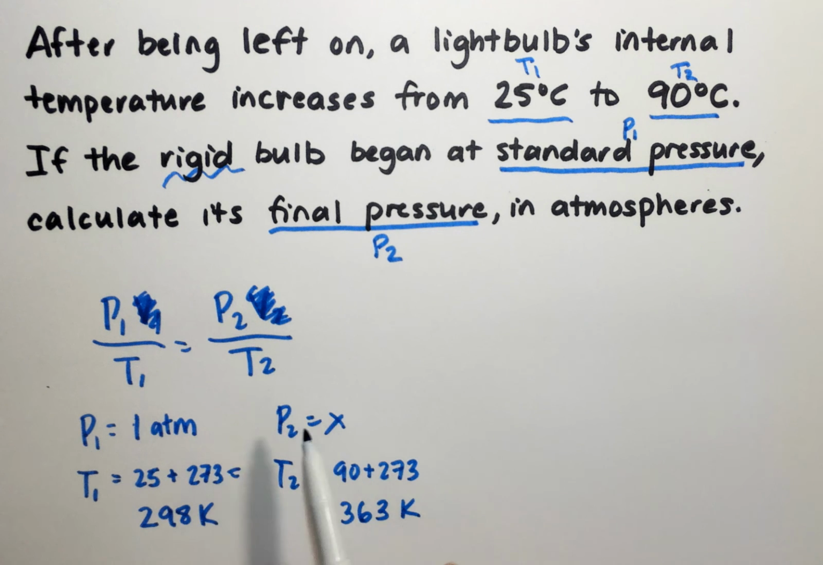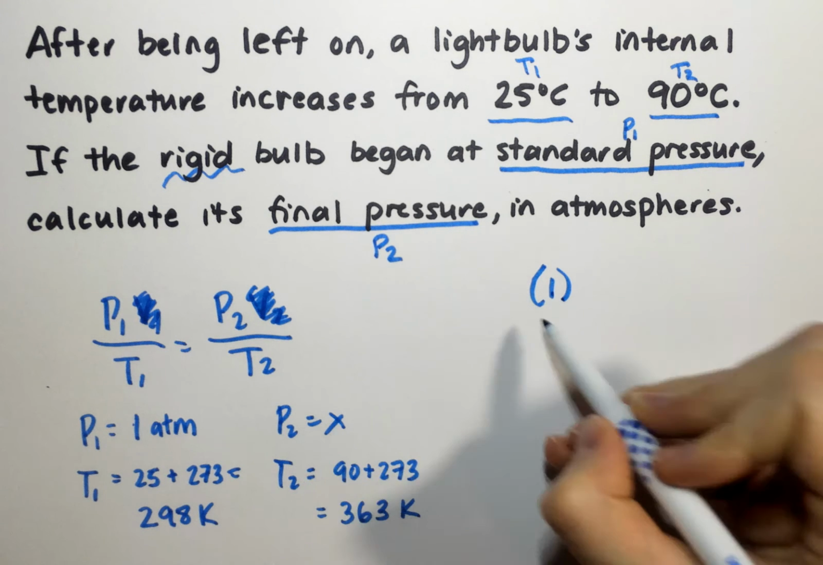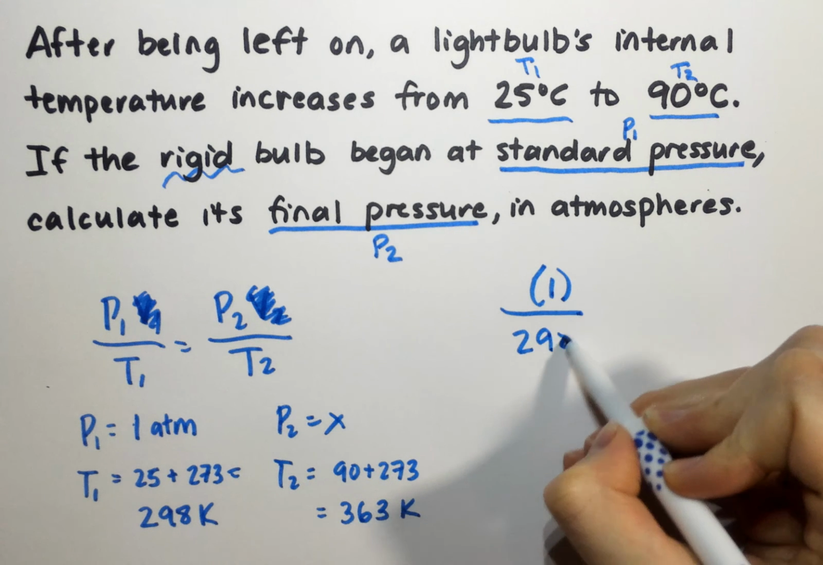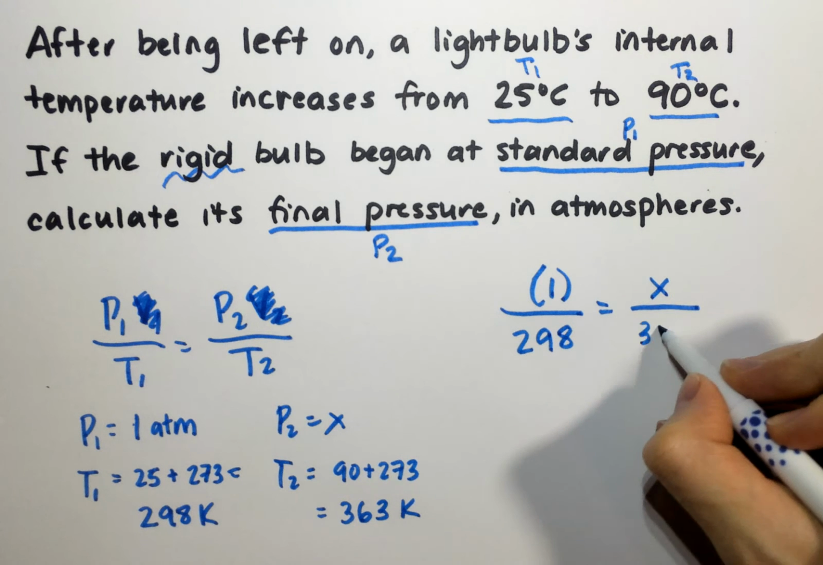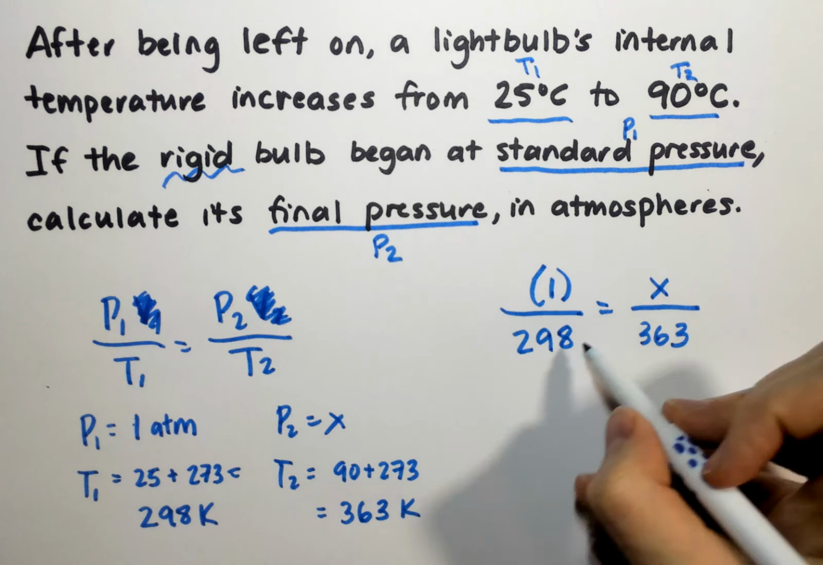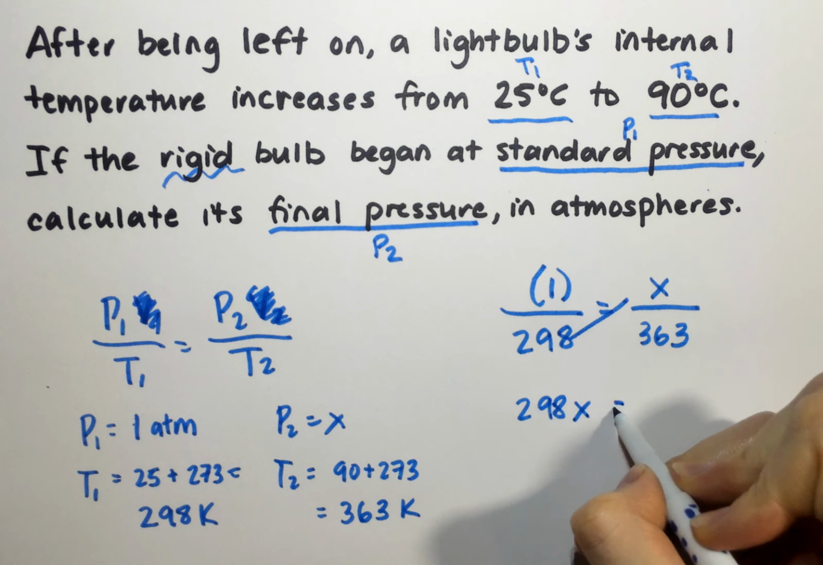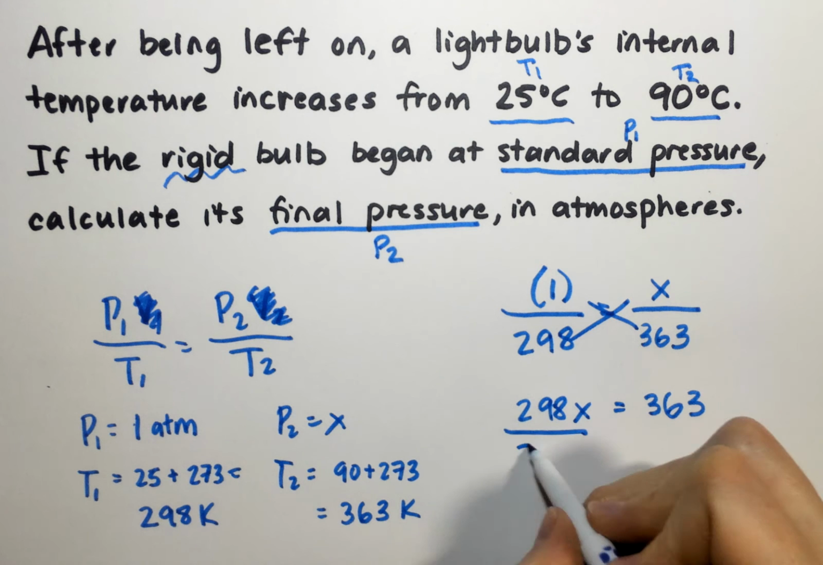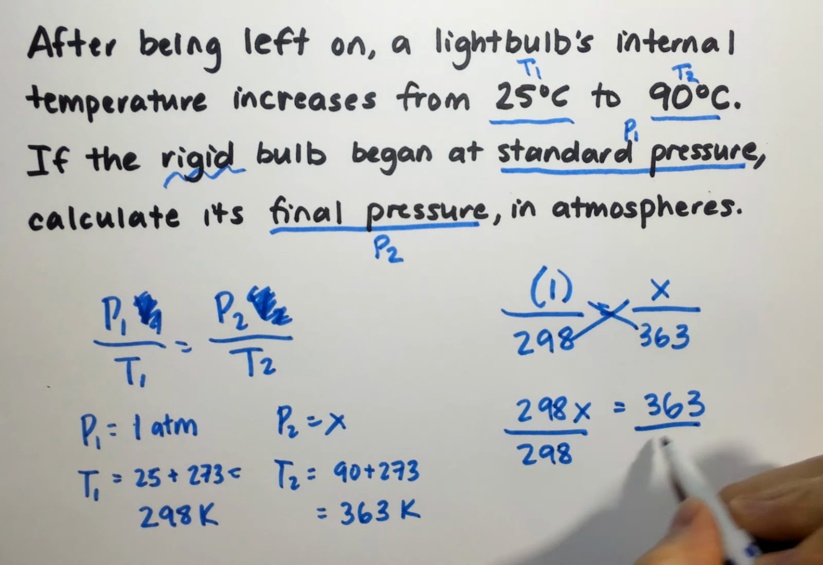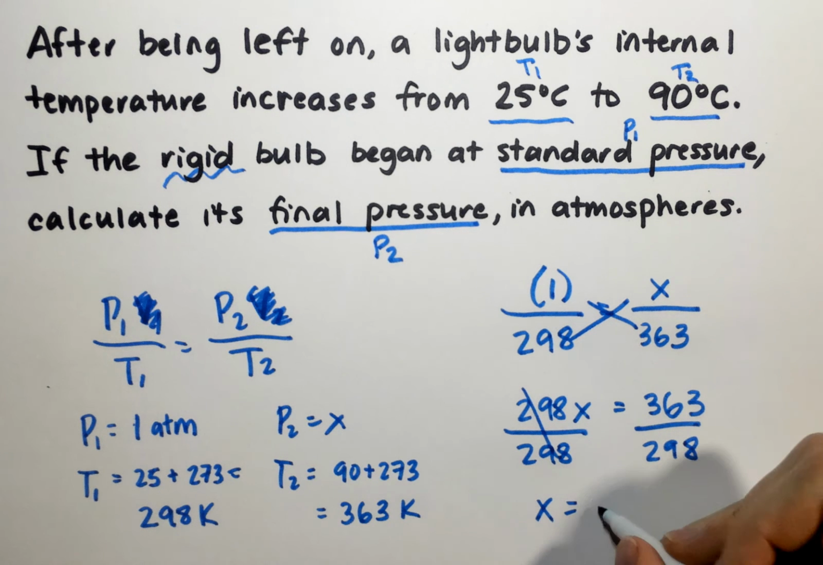Once you've got all your variables picked out, it's just a plug and chug. Plug in 1 for P1, 298 for T1, X for P2, and 363 for T2. If I cross multiply, 298 times X is going to equal 363. To solve for that, I'm going to need to divide both sides by 298, and that gets me to a value of X being equal to